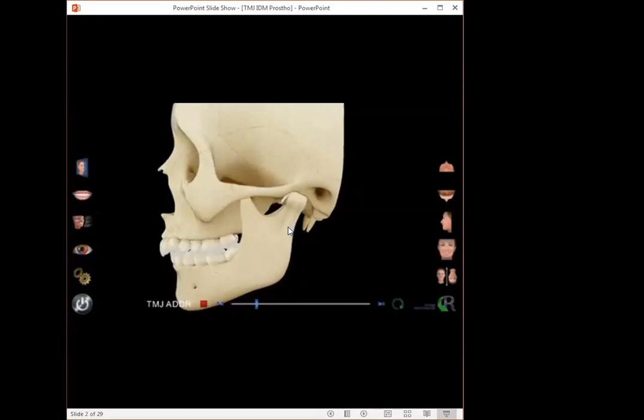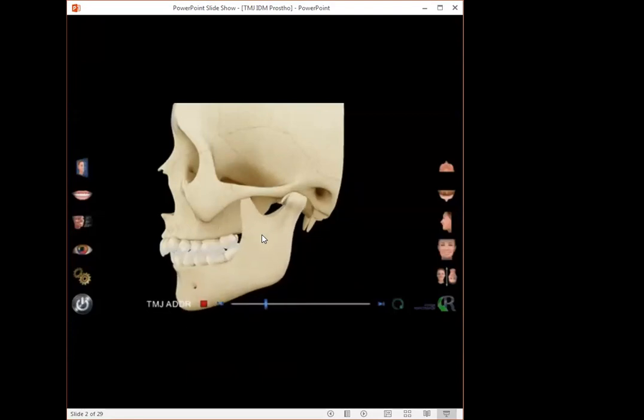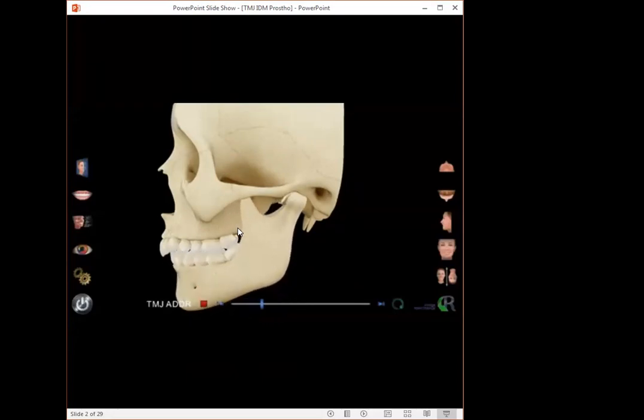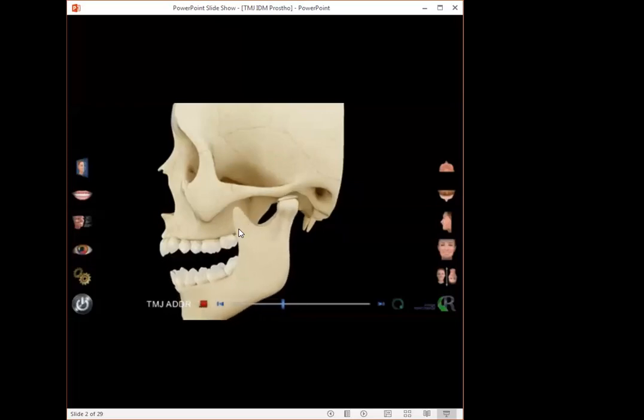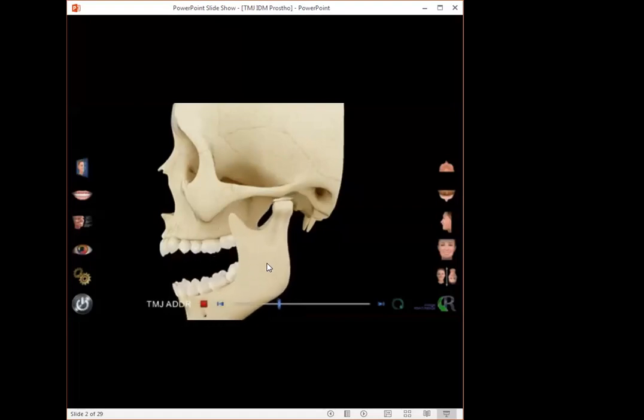So this is just a small video which shows you the movement of the mandible. If you see these movements carefully, this is the condylar process of the mandible. This is the coronoid process. If you have any queries, you can just type it in chat. So you have the maxilla which is fixed to the cranial base, and you have the mandible which is suspended by the muscles and ligaments.